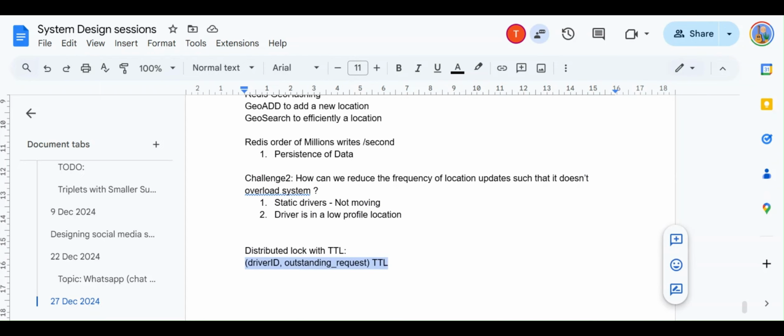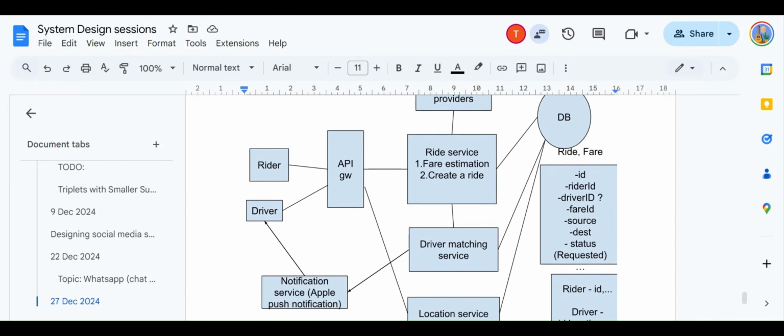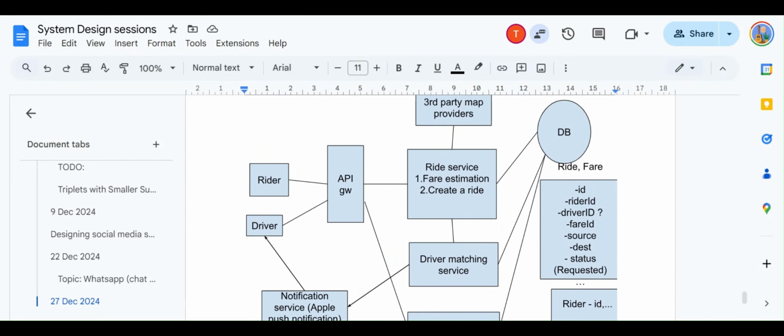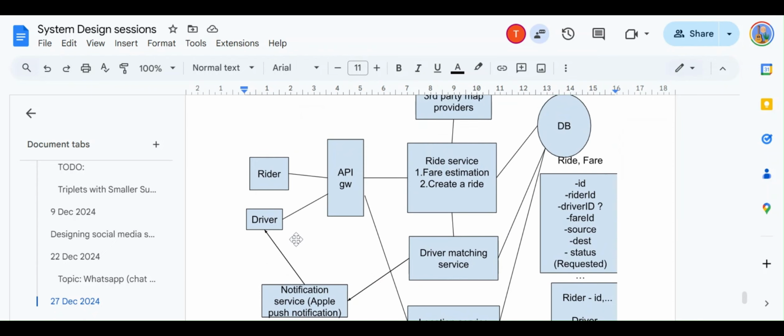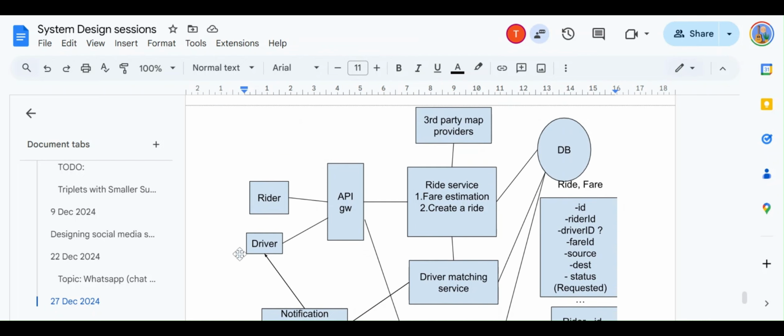Okay, so we have basically discussed all the potential scenarios of what could happen during this design. There are a few more things that we wanted to talk about. One is how to make sure we handle a peak period. Let me ask this question: one scenario is a peak hour, like New Year's Eve or Christmas Eve or a Justin Bieber concert, and everyone is booking a ride from the same place, or from one particular area.